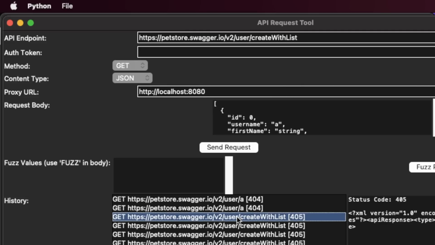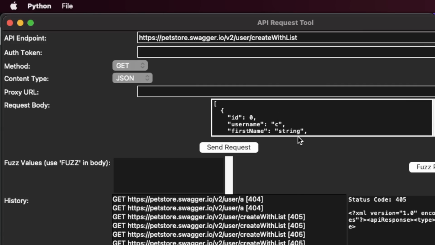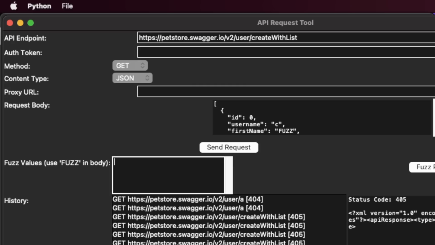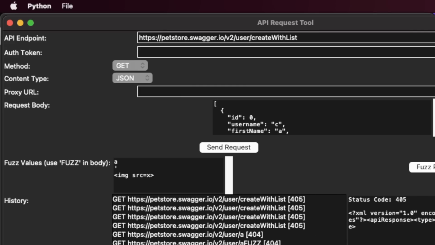So if I want to fuzz an API with this, you can see already that I've put the localhost proxy in here. I'm going to remove that for now. If I want to talk to this API, I don't want to fuzz. All I have to do is put in a fuzz thingy. So fuzz, and that's going to be replaced with whatever I put here. So attack vector A, this attack vector, maybe this attack vector. And then you can fuzz those parameters. Yeah, the button is a little bit off screen here, but while fuzzing it, it'll send all of those requests, and at the same time,